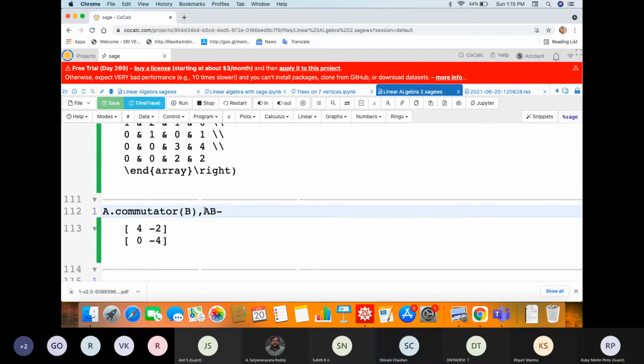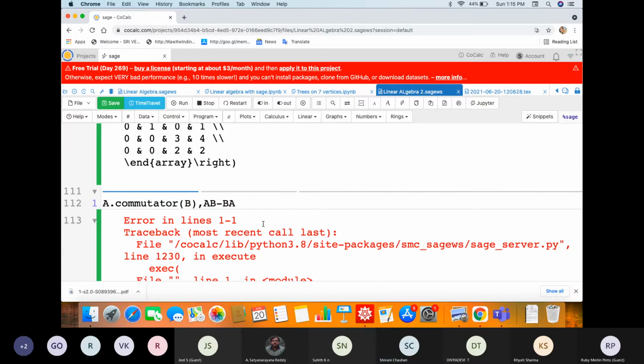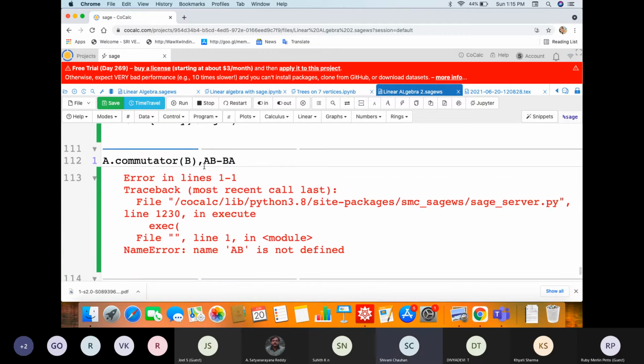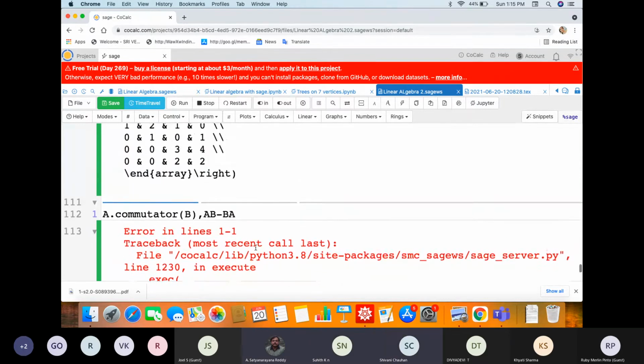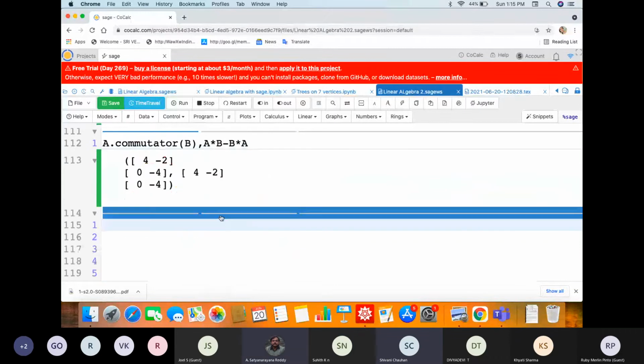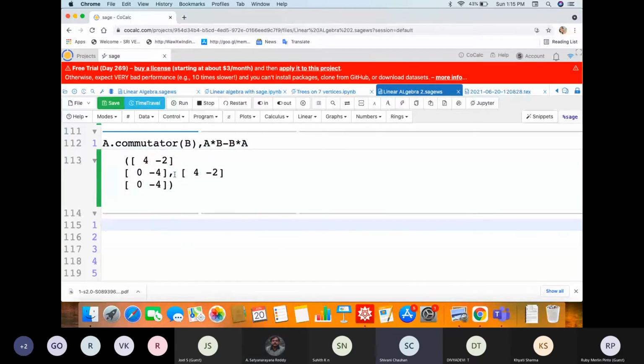We can check that also. Okay, it is showing an error. You have to give A star B minus B star A. So A dot commutator B will give you A star B minus B star A.